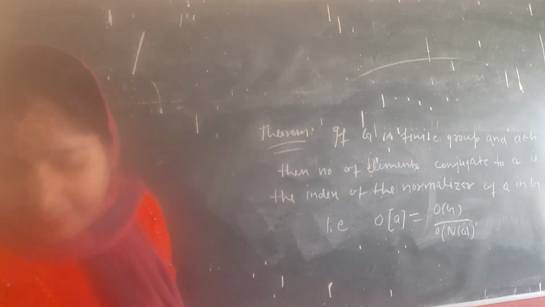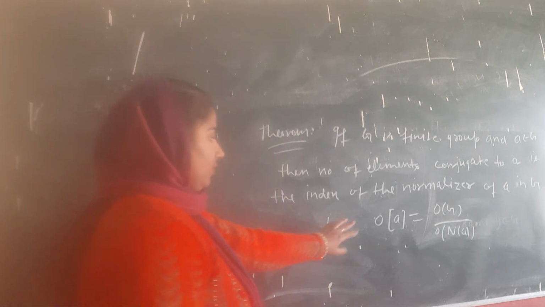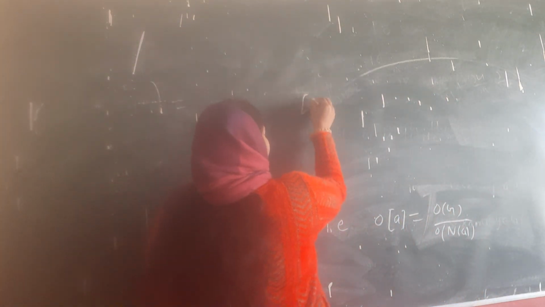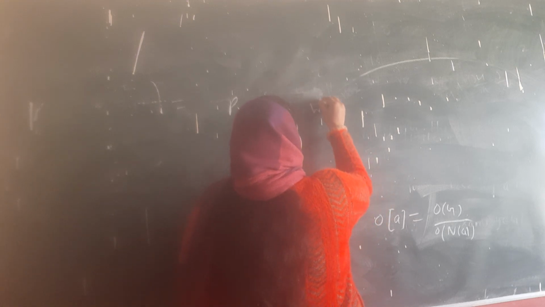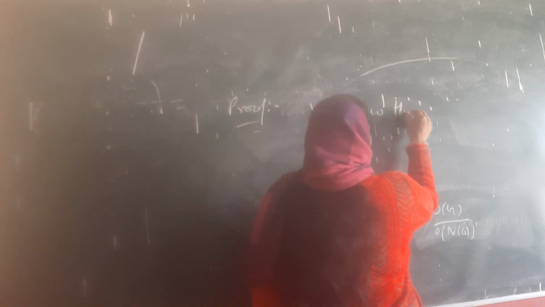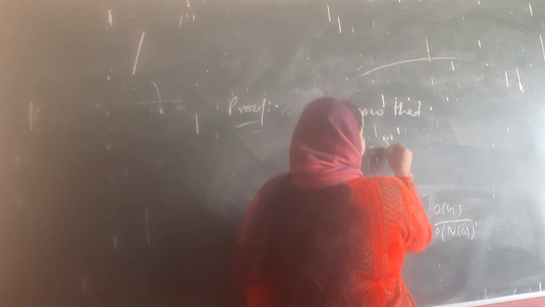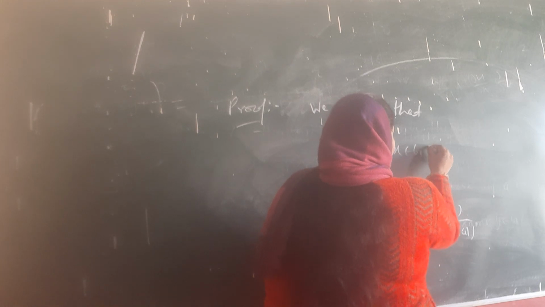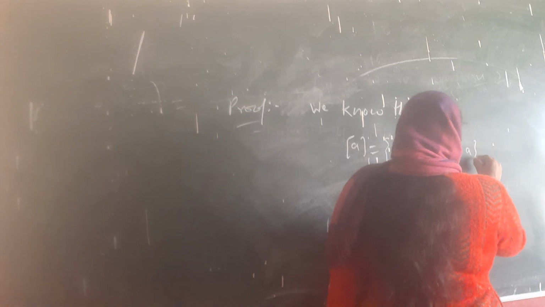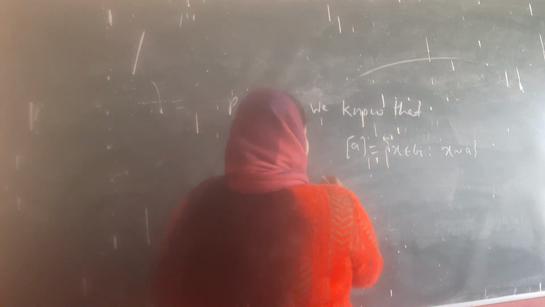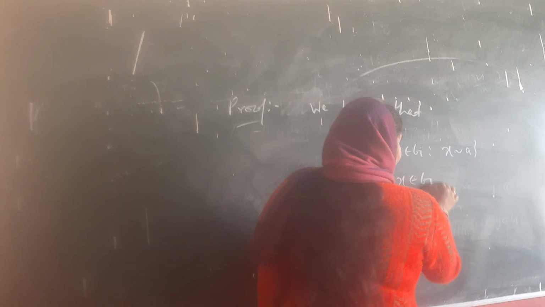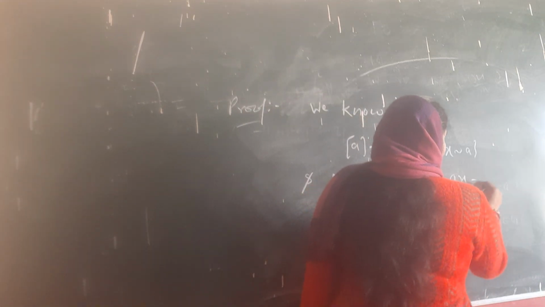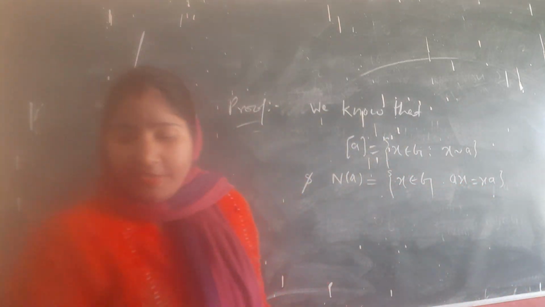ये हमें प्रूव करना है। इसके लिए हम by definition of conjugate class we can write, proof: we know that conjugate class of A is equal to X belongs to G such that X is conjugate to A, and normalizer of A is equal to ऐसे ग्रुप के एलिमेंट जो A के साथ कम्यूट करें, xA is equal to Ax, उसको हम नॉर्मलाइजर ऑफ A कहेंगे।